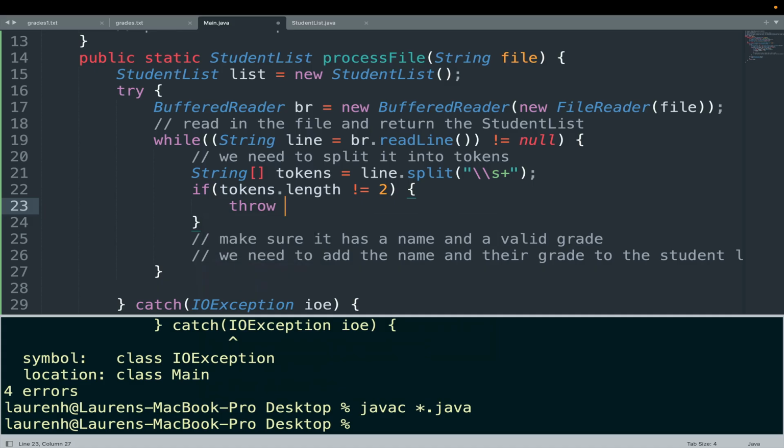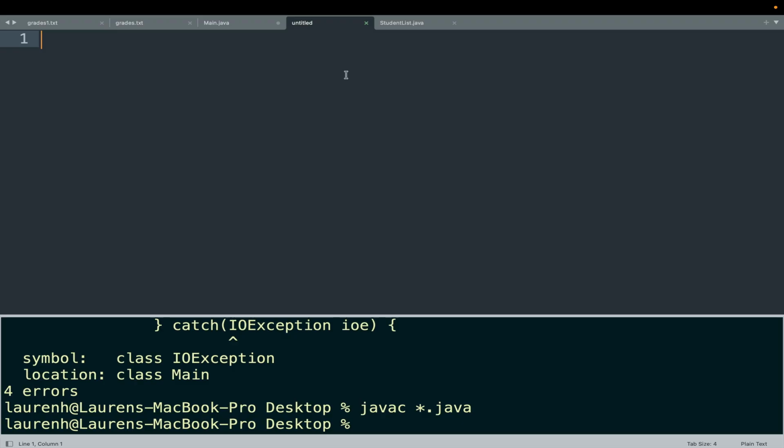Now, to throw that exception, I'm going to have to make that exception somewhere. So I will need a new class file. Public class InvalidGradeException. There are a few different ways to implement this. The simplest way for us right now, this is an advanced topic, not something you'll necessarily be doing in the course I'm recording this for, is to say extends Exception,